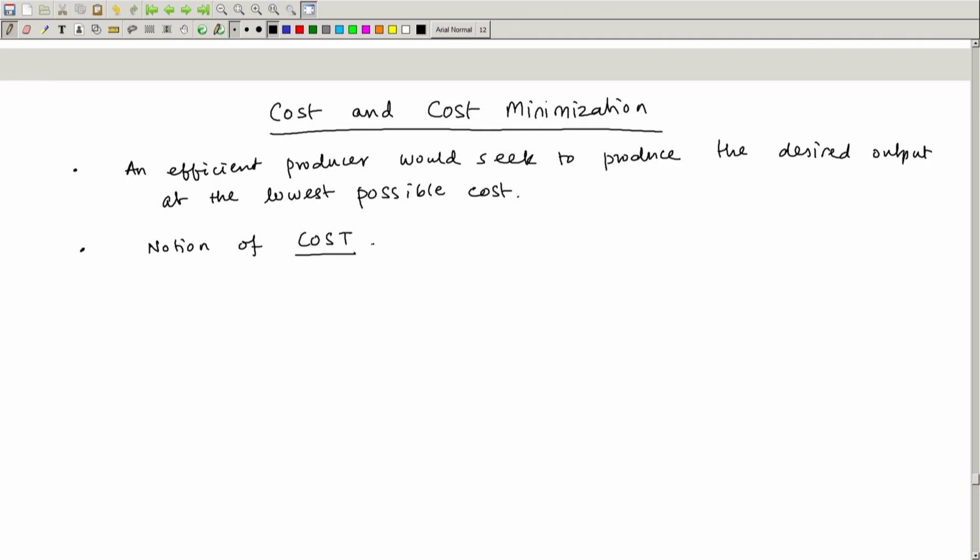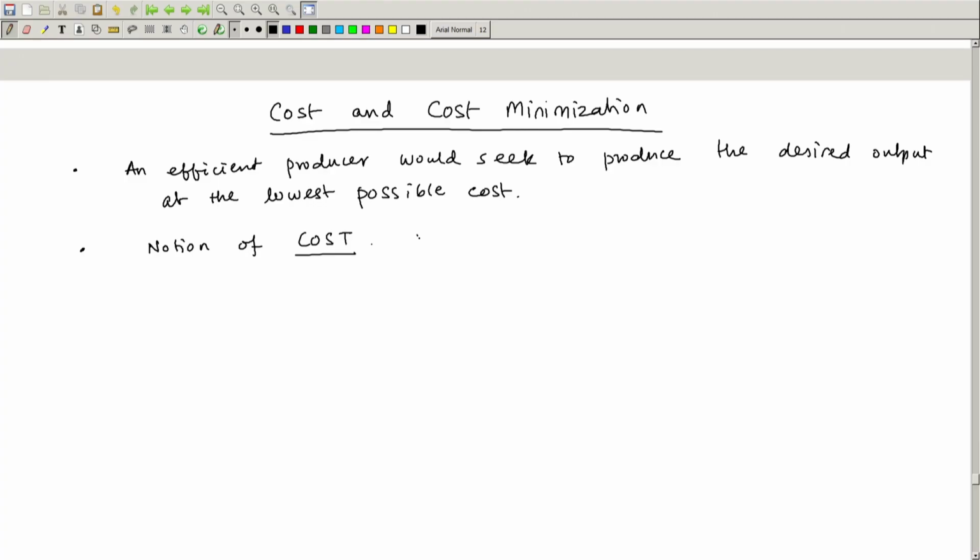We have used the word cost multiple times in the course. In fact, we have defined marginal cost. When we looked at marginal analysis, we had looked at a firm which was producing CDs, and we introduced a cost function for the firm, right. So, the notion of cost in economics always means opportunity cost,